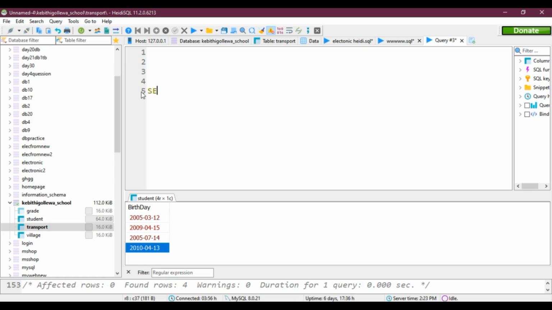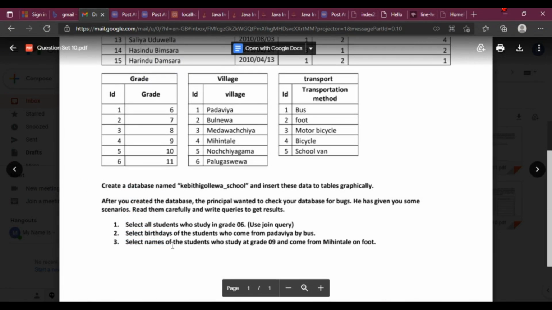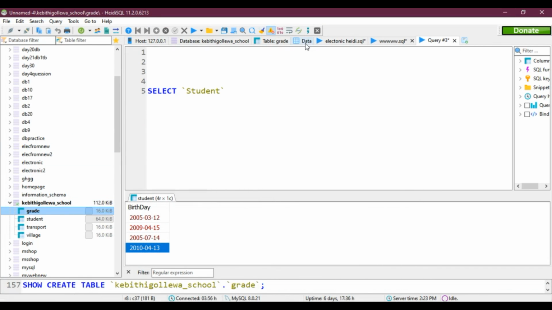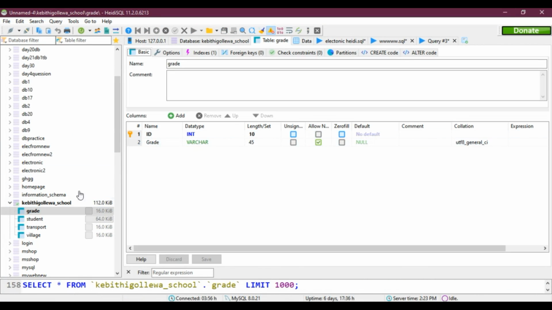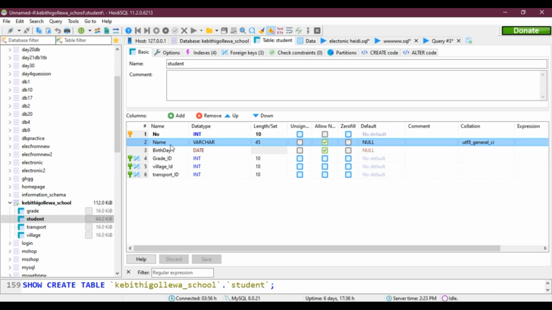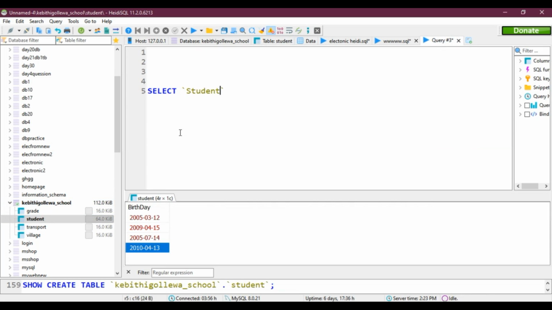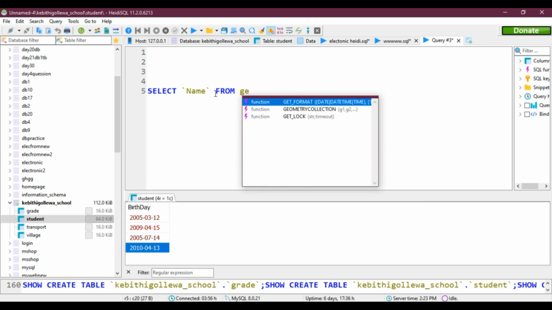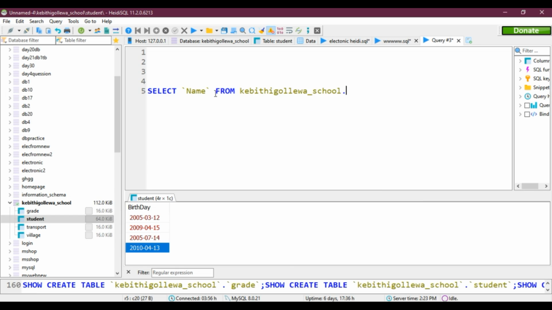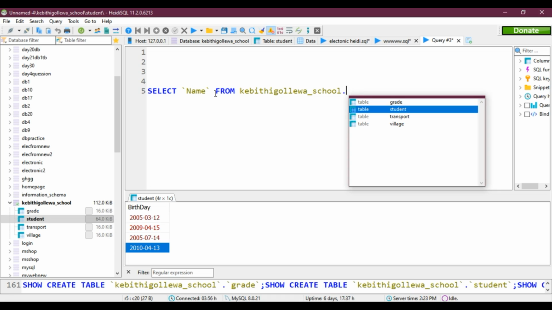So select the student name. I only need the student names, from the database student,